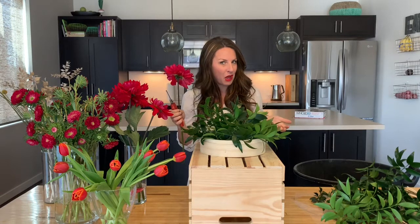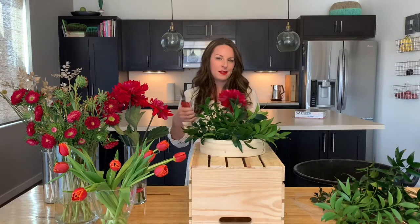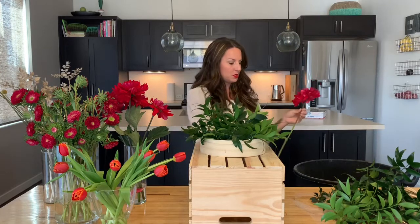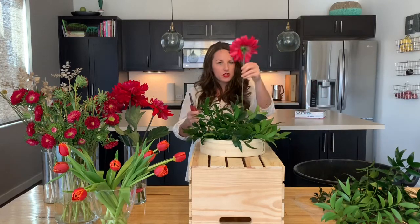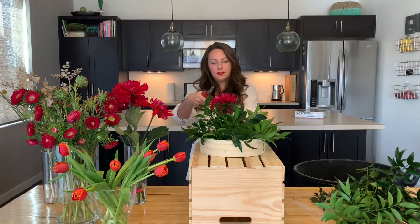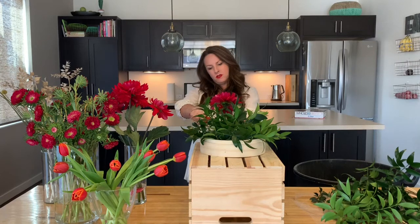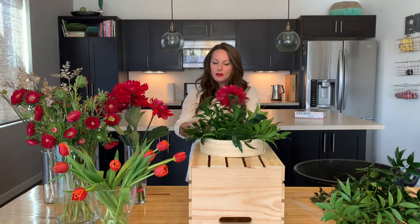Now, this is a little different in this case because it's in flower foam and it's gonna be surrounded by water. So it doesn't really matter how I cut the stems, but it's already in my nature and a habit to cut it at an angle. So that's what I'm gonna do. And basically you can just hold the flower right where you think you want it in the arrangement and get a good eye. You know how deep the vase goes. So cut your stem like right about there, maybe a little bit longer,